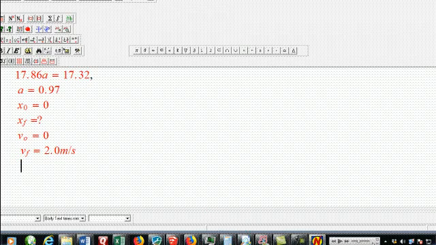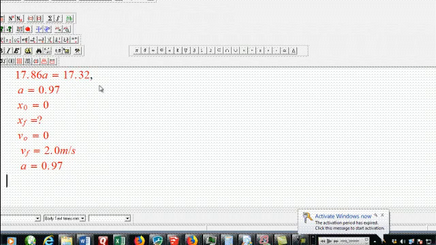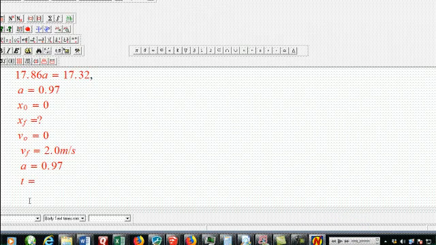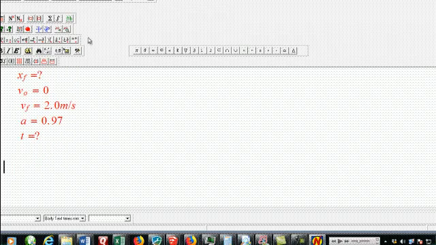Now we're going to do what? Oh, hey, we need some acceleration. But guess what? We just calculated the acceleration. 0.97. Hit enter. And then we need time. I think the question was how long does it take? Equals question mark. I need an equation that does not have an xf but has a t. So I think I'm going to try the baby equation. Let's see what we get. v sub f equals v sub naught